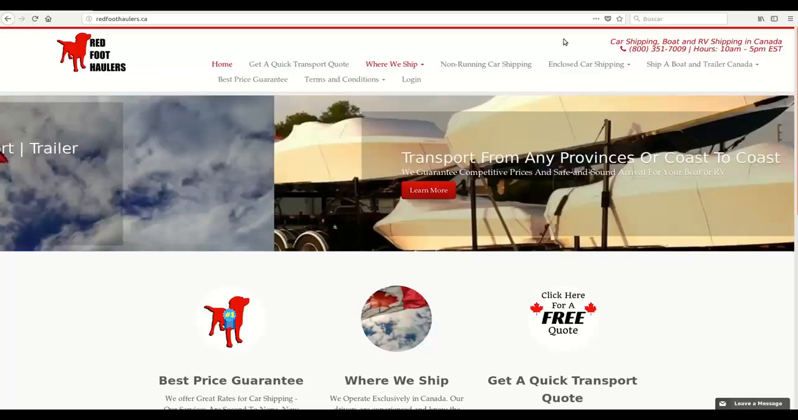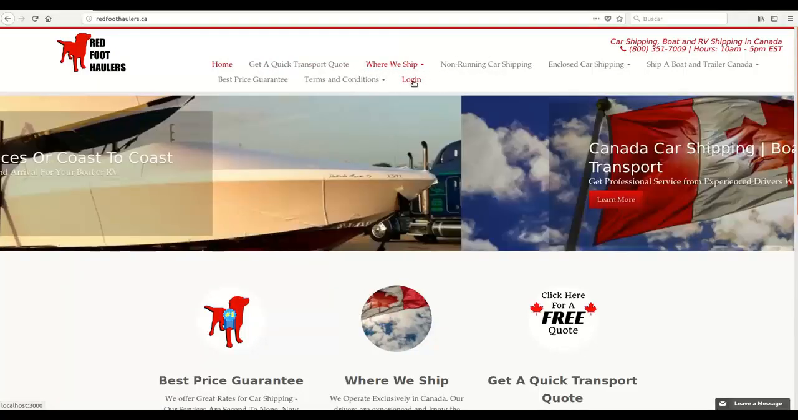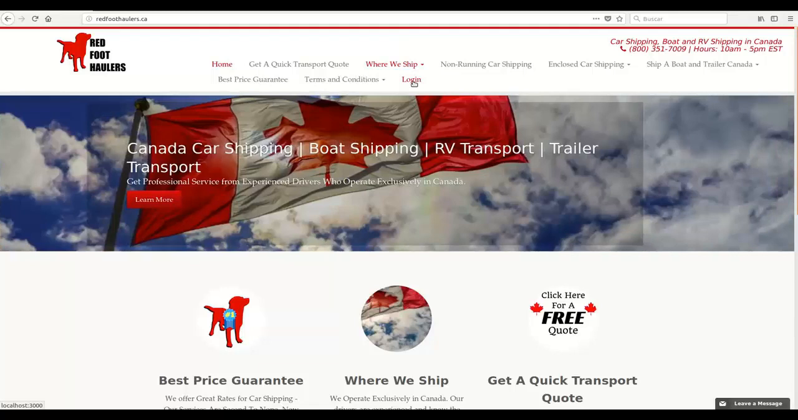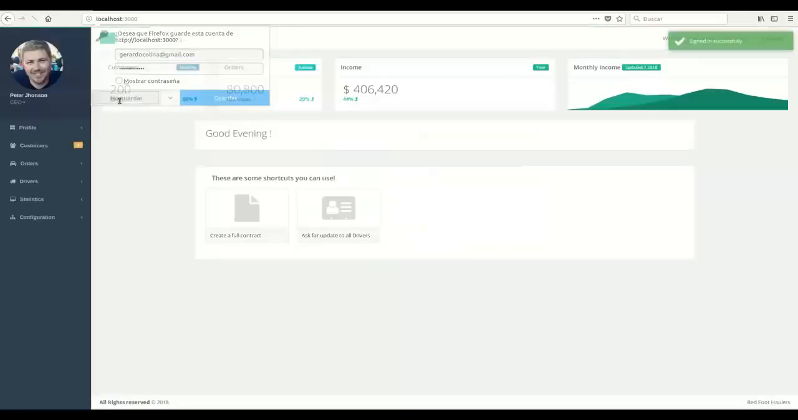I'm going to start here in your website. This is your website as usual, but I added this button here in order to log in. So I'm going to click here and it's going to take me to the login page of the system. Now I'm going to log in using my username and password. And once you log in, you're gonna see this